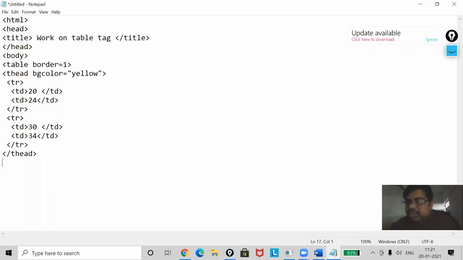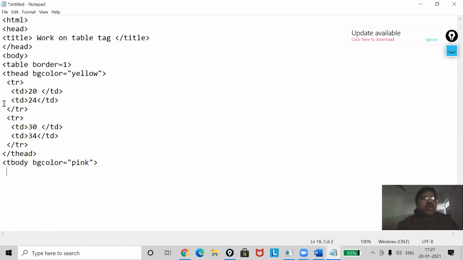Now I want the body section, and the body section should contain only 1 row. Here I will use tbody. I want my basic color. Basic color should be pink. Okay.